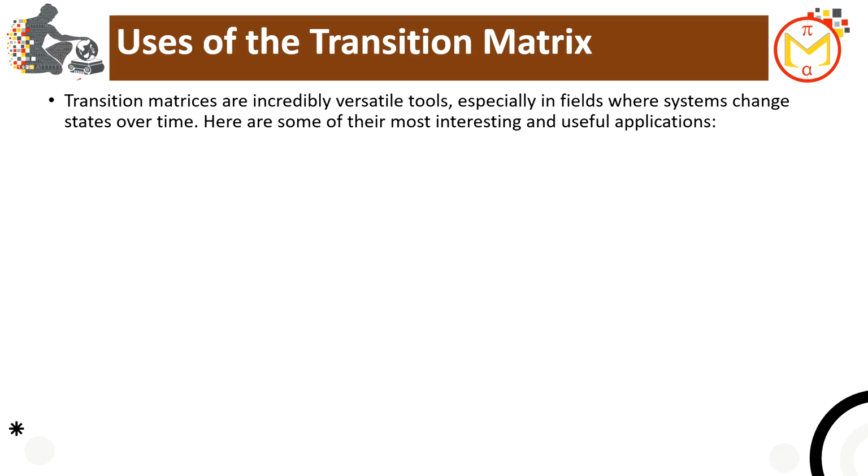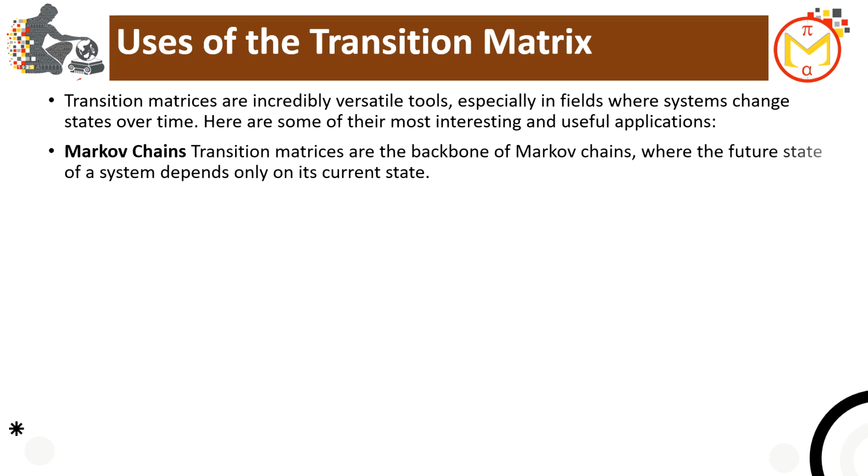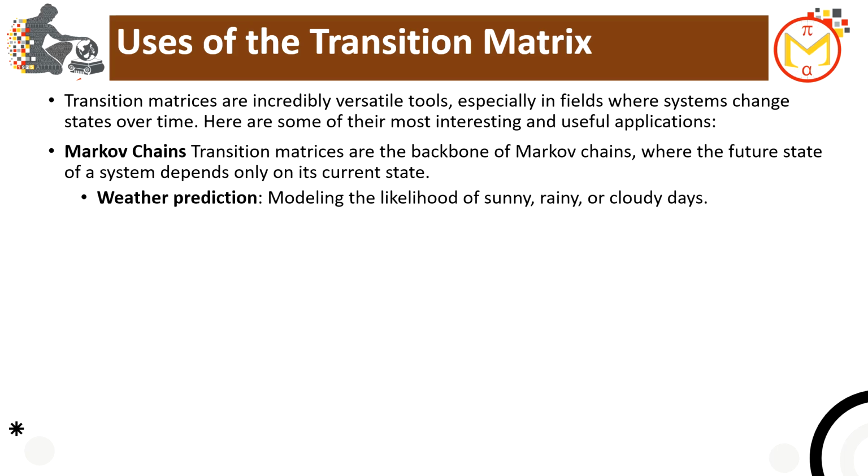See the uses of the transition matrix. The transition matrices are incredibly versatile tools, especially in fields where systems change states over time. Here are some of their most interesting and useful applications. One is Markov chains. Transition matrices are the backbone of the Markov chains, where the future state of a system depends only on its current state, like the weather prediction, modeling the likelihood of sunny, rainy, or cloudy days, board